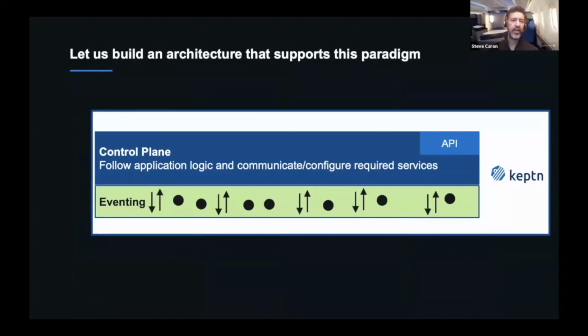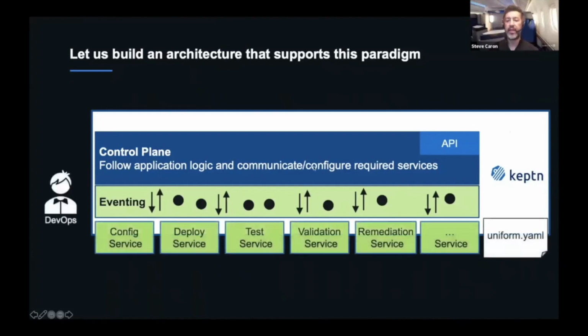So let's now look quickly at the architecture of this. This starts with what we call a control plane, and the control plane can be controlled via an API that we see here. And a control plane is using well-defined events that are sent to services to execute workflows on artifacts, builds, microservices. So what we obtain with this is the separation of concerns, where your DevOps team, for example,